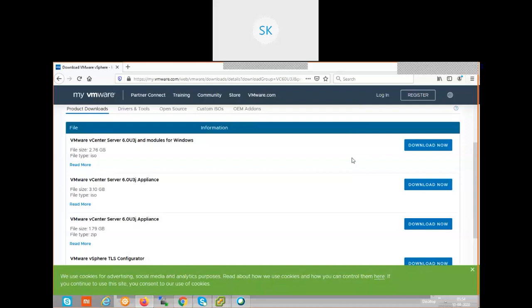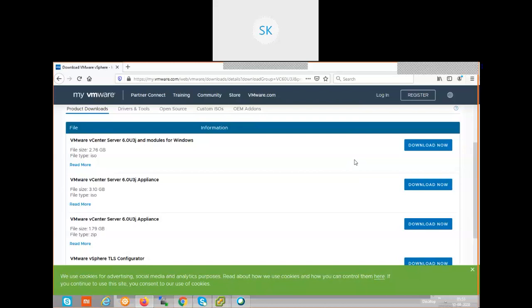Where to download the vCenter server? We can download by logging in to the VMware website. But to log in and download this particular product, we should have a registered account. If you don't have an ID to log into the site, you can register yourself. You can download any version to get access for 60 days. To download this product, you should be registered. You should create an ID on this VMware portal to download the products. Now this is the concept of how to download.